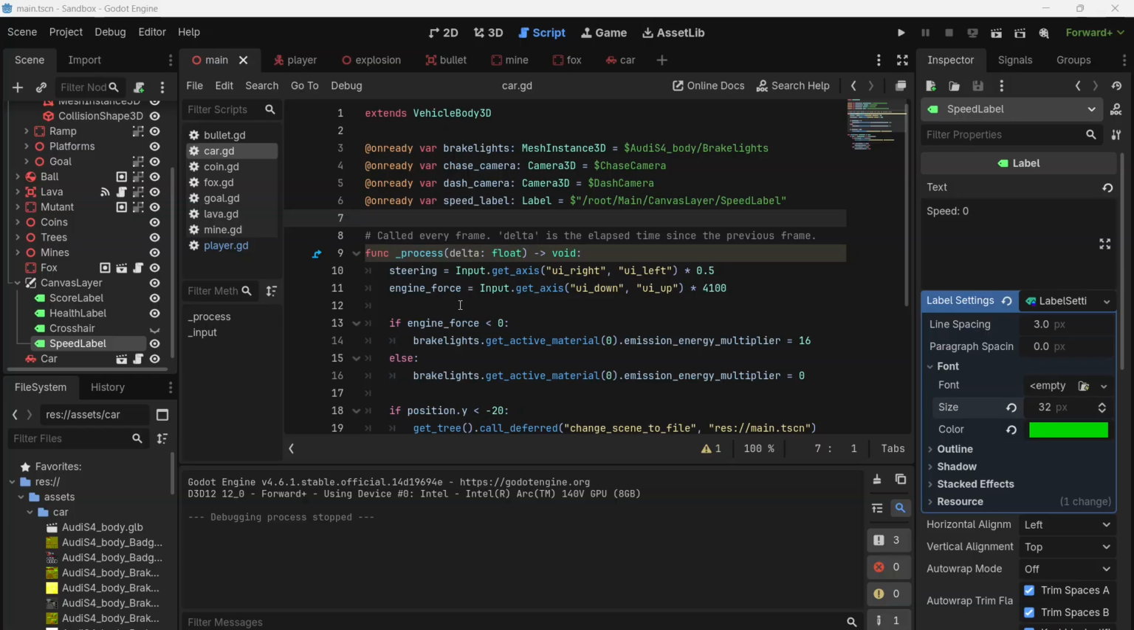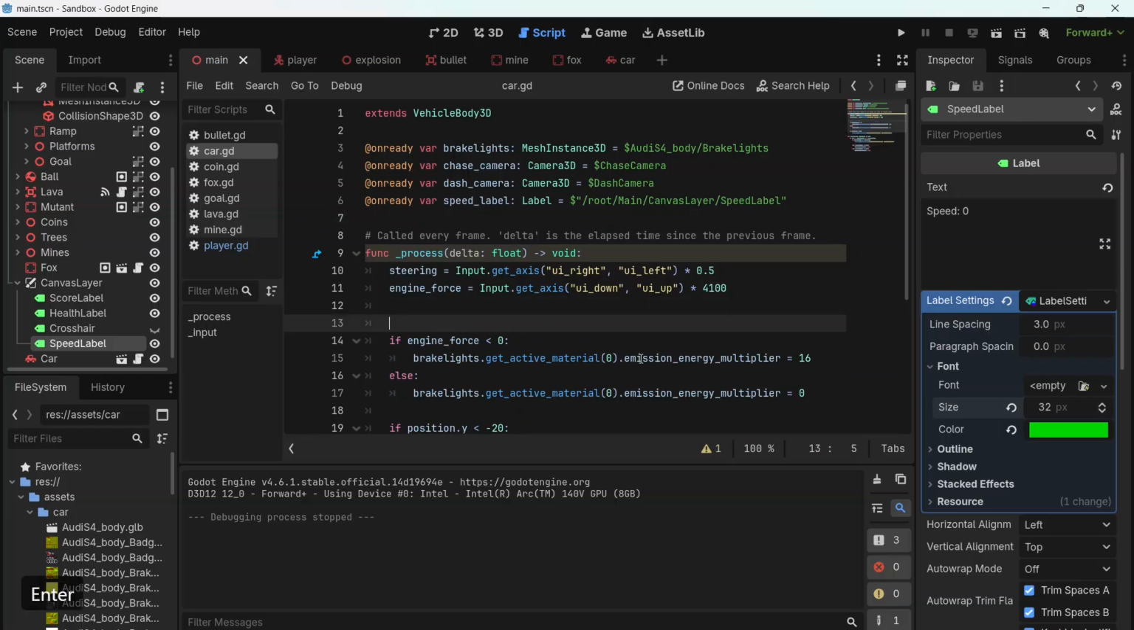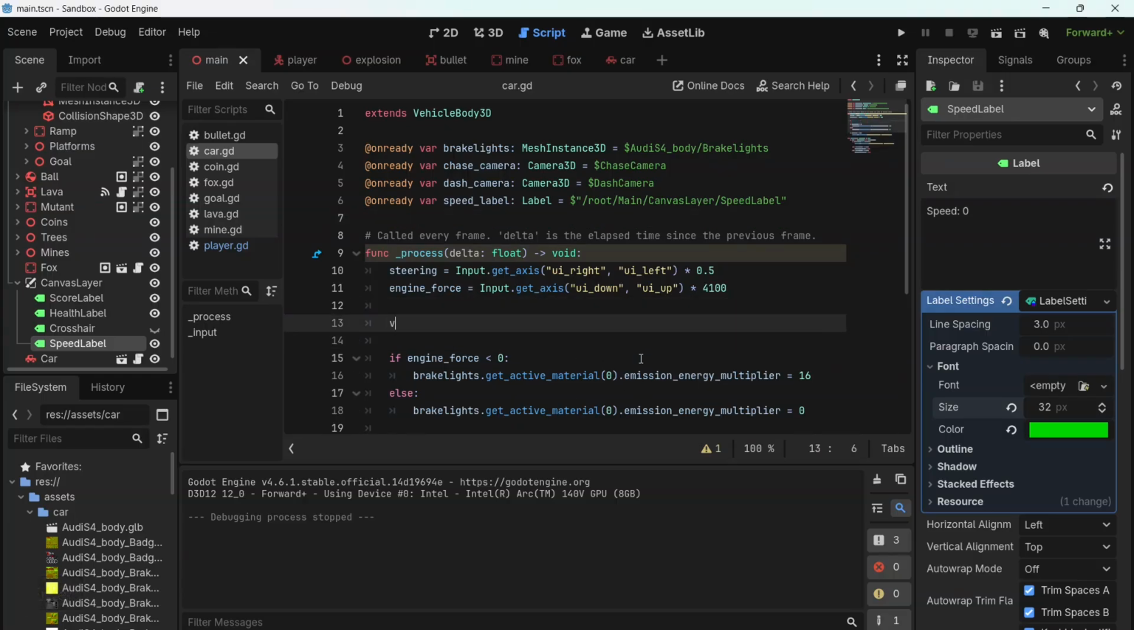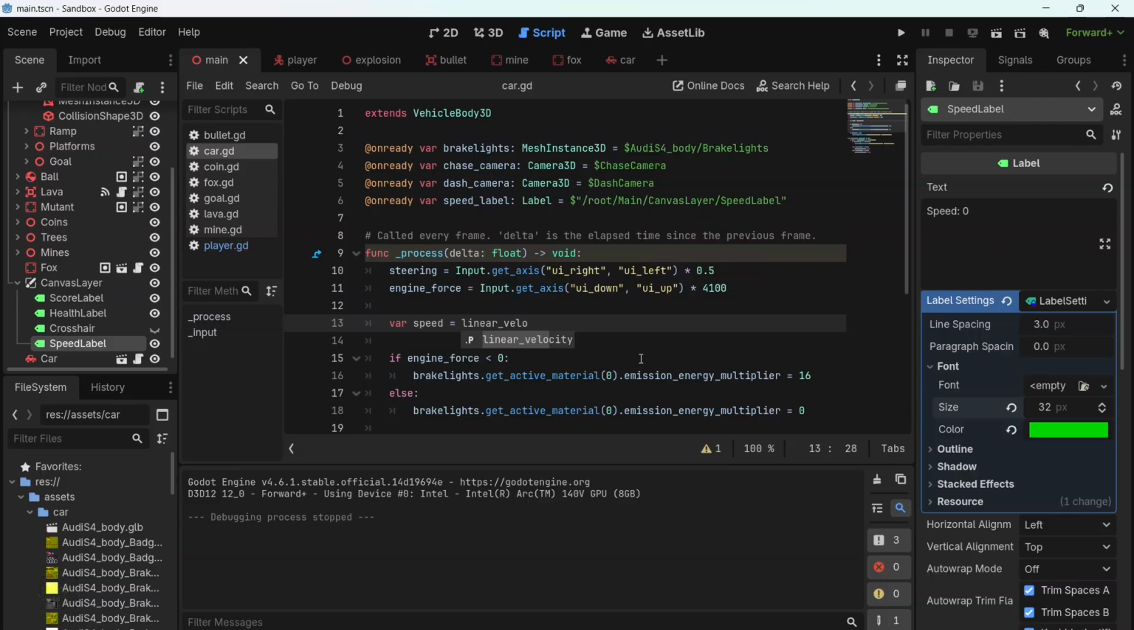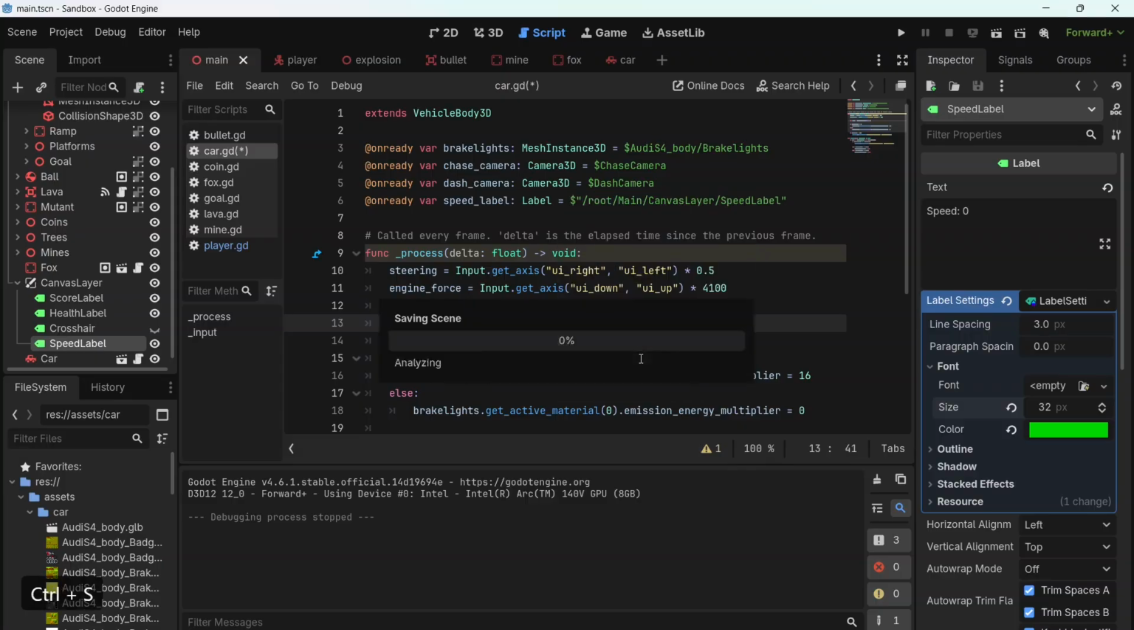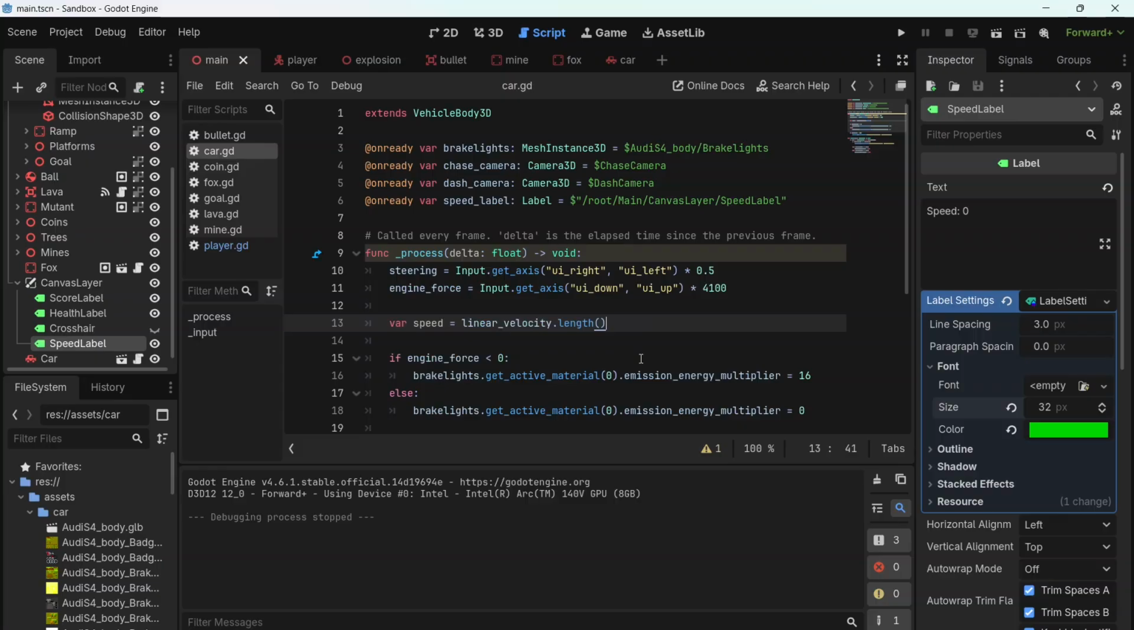And then I'm going to work out my speed every frame, which means it's going in the process function by creating a speed variable and setting it to linear velocity, which is what my vehicle body uses to report its speed. But this linear velocity is in 3 separate directions, and we just want a single number, so I can turn those 3 numbers into one number by ending it with dot length, and that is my speed of my